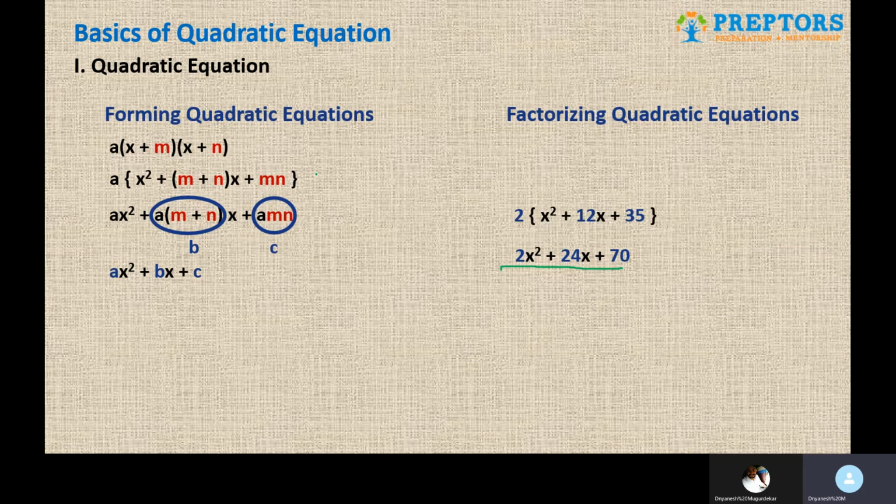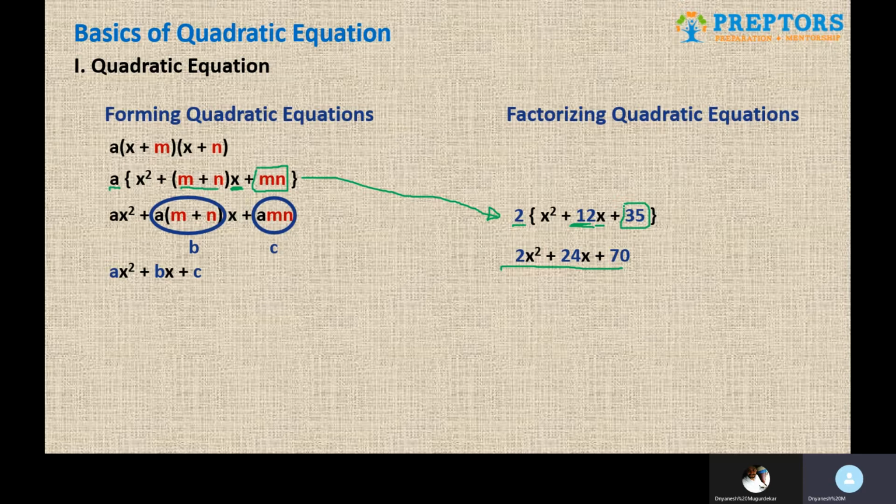And this particular form is simple, like this one. You need to compare this step with this particular step. Why you need to do that is because it is of this particular type. As you can see, there is something outside the bracket which is a, which is 2. Then the coefficient of x is supposed to be the addition of two numbers, m plus n. So 12 has to be the addition of two numbers, and the constant term has to be the product of the same two numbers.